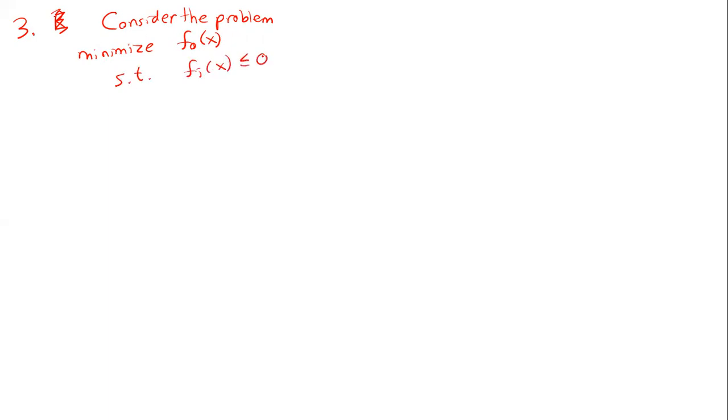Okay, so now another example. This is our third example: rewrite an optimization problem. That's what this one's about. Here it says, consider the problem to minimize f0 of x subject to the following constraints: fi of x less than or equal to 0 for i equals 1 to m, and hi of x is equal to 0 for i equals 1 to p. And so the question is to rewrite this optimization problem